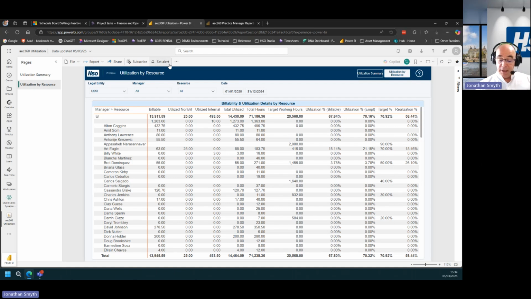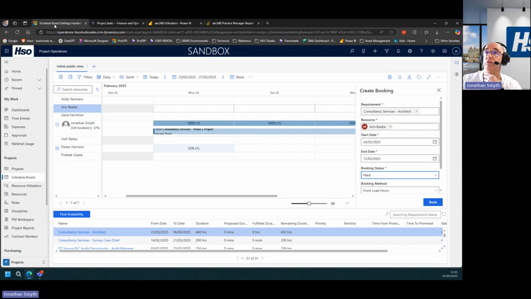Now, for our final demonstration scenario, unfortunately, I'm going to be wearing 3 different hats. So that is of a project resource recording time, a project manager primarily concerned with project delivery, but also a project accountant, making sure that we've captured all of the costs in a timely manner, and of course that we're able to bill our customers according to our contractual terms. So if I first start with the project manager, I'm just going to return back to our project.